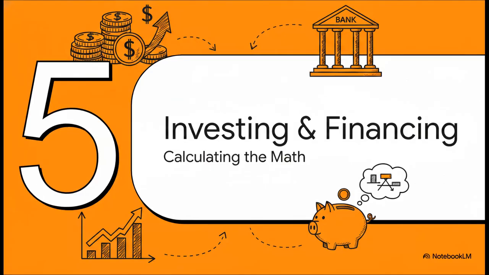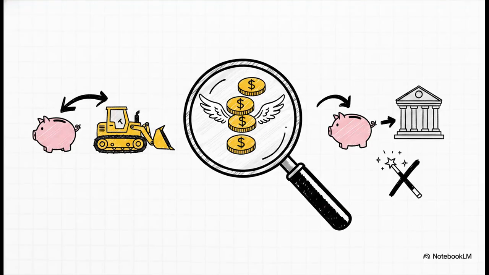Moving right along to Section 5, calculating investing and financing cash flows. The rules for this part are incredibly straightforward. You just follow the cash. Are you acquiring non-current assets? That's a cash outflow. Issuing shares or taking out a bank loan? Cash inflow. Paying out dividends? Outflow. But, and this is a big but, you have to be super careful. Things like asset revaluations or issuing bonus shares do not involve physical cash changing hands, so we absolutely exclude them